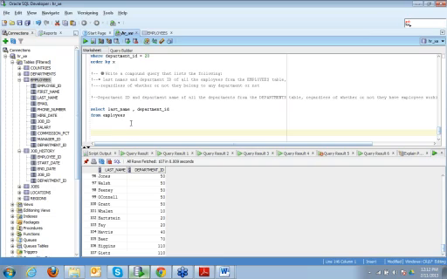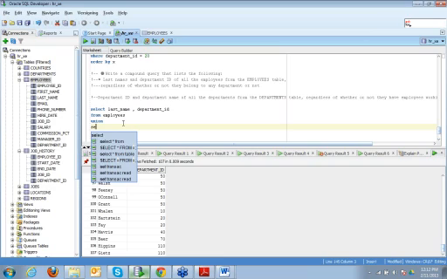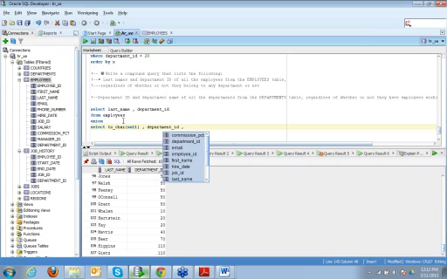So compound list means I want a union. Select last name. We don't have last name here, so I would write TO_CHAR(NULL), and then department ID, and then I need to write department name.